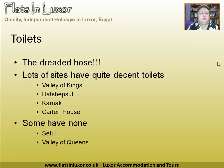If you go to the Valley of the Kings, they've got a nice toilet block there. Hatshepsut also. At Karnak, within the site itself, there's a reasonable toilet block. And at the Carter House, they have a good toilet block. Now, some have none. So if you're in Seti I Temple, or the Valley of the Queens, then you will have to go elsewhere to go to the toilet. And these are the places you can